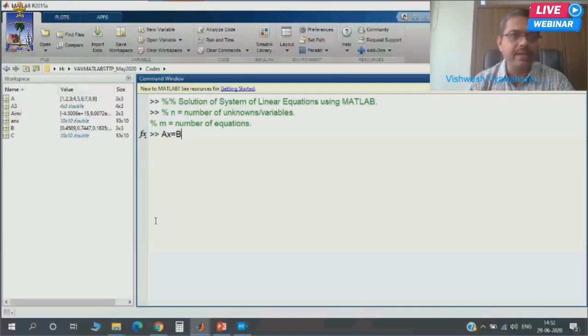The simplest example that I can give you is, if 5 mangoes and 7 apples cost 100 rupees and 8 mangoes and 19 apples cost say 200 rupees, what is the cost of 1 apple and what is the cost of 1 mango? So here we write down A11x plus A12y is equal to C1, then A21x plus A22y is equal to C2, and then we try to solve this. This is a system of linear equations, a system of simultaneous equations, and we want to solve this: AX is equal to B.